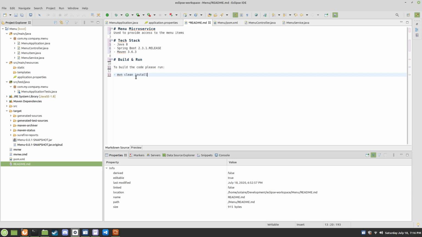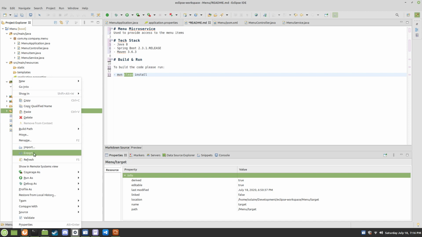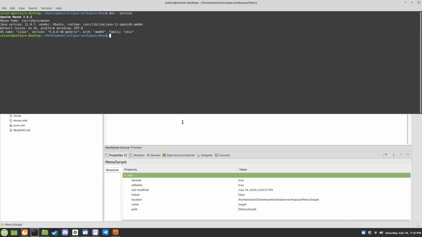So what this does is it makes sure and cleans all the old dependencies, installs new ones, reruns the test cases, and then compiles all of our source code into the target directory here. If we want to see this in action, we can go to the terminal, type in